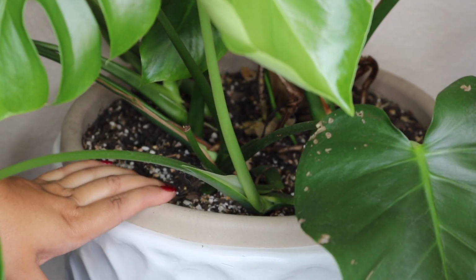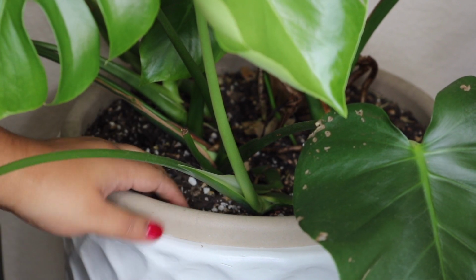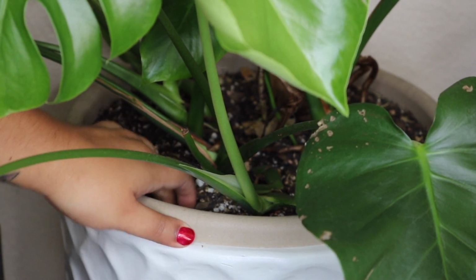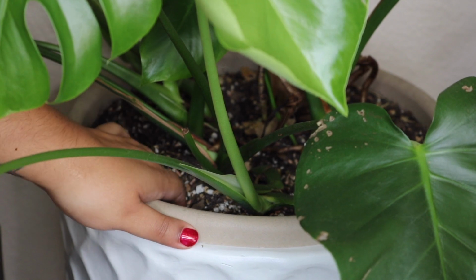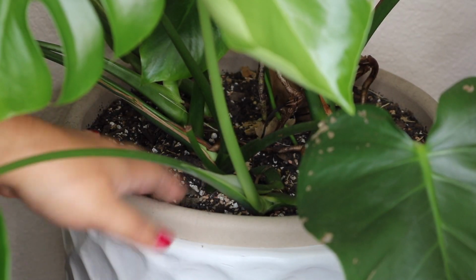So this is my Monstera deliciosa. So the first thing that you want to do is you want to check the soil before you water, because you don't want to cause rot by overwatering. If you don't know that the soil is